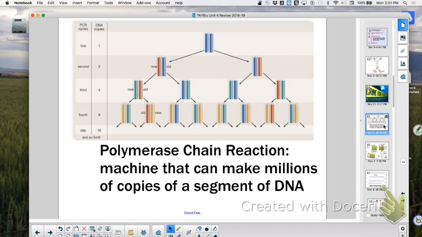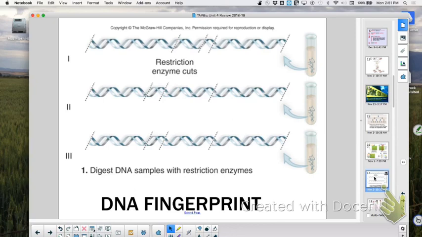And we need some nucleotides in there and some primers to get the party started, right? Then we can just go through this heating where we denature, cool it to allow it to replicate, heat, cool, heat, cool, heat, cool, until we have multiple copies of the DNA. Then we can use some of the tools we talked about, using restriction enzymes to cut and gel electrophoresis to separate, getting an RFLP, a restriction fragment length polymorphism, so we can compare banding patterns from that.